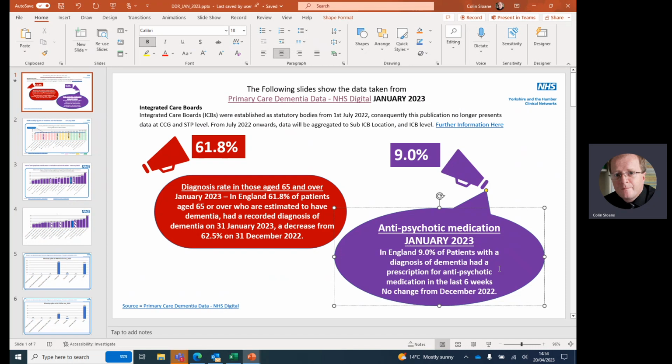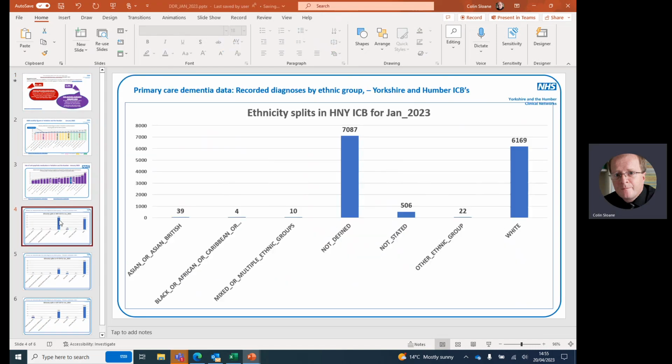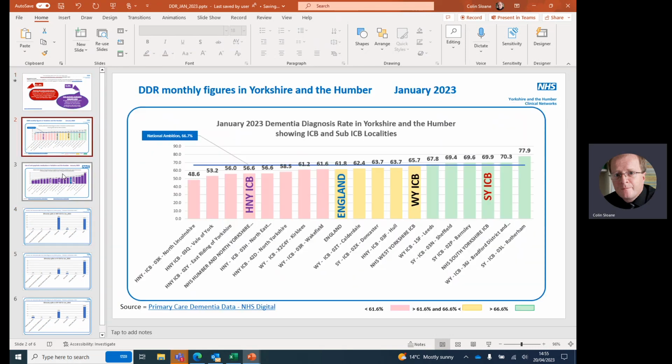and it says, basically, in January in England, 9% of patients diagnosed with dementia had a prescription for antipsychotic medication in the last 6 weeks, no change from December 2022. So always look back and see if there is a change, then say it's a slight increase or a slight decrease. Decreases are better in antipsychotics, increases are better in DDR. So I'm just going to delete that slide,